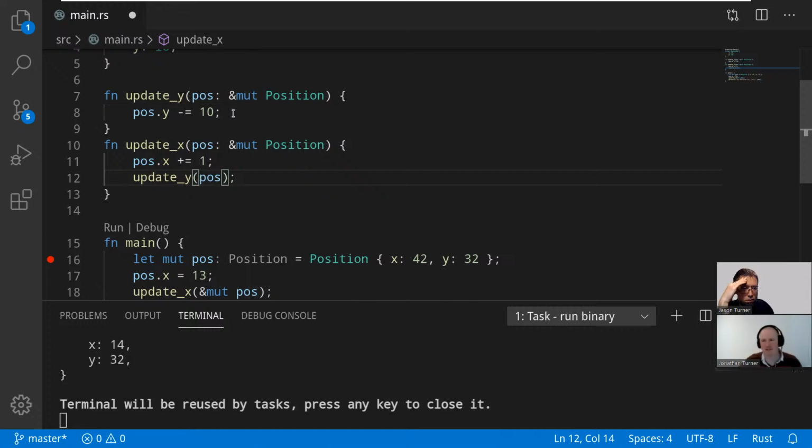Okay. So basically the mutable borrow gives me permission to make the mutation, and I'm going to give up that permission to update Y. Okay. And when I do that, it's like passing the baton around, and whoever has it is allowed to do the mutable borrow. Okay. So what happens if I did